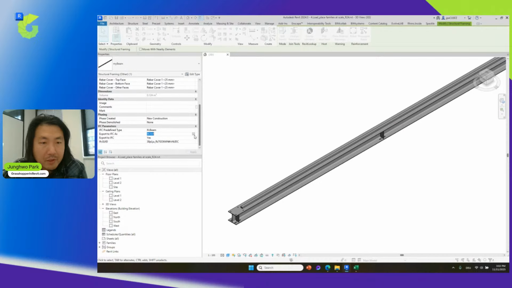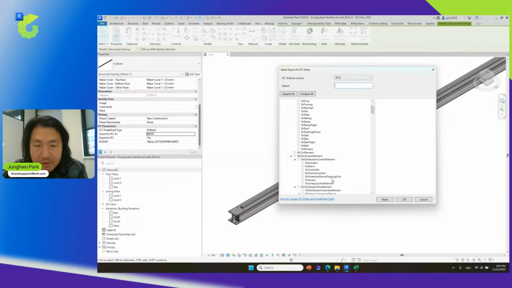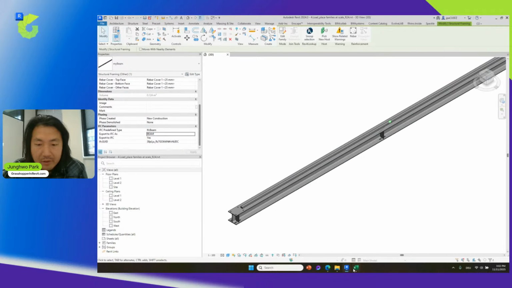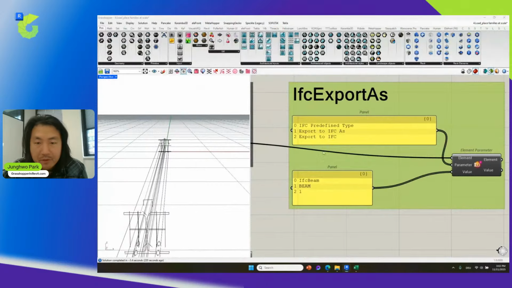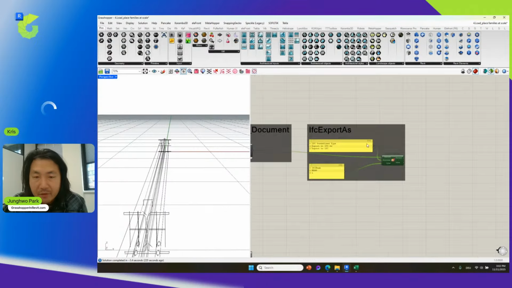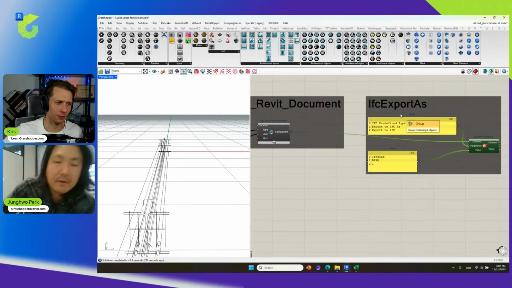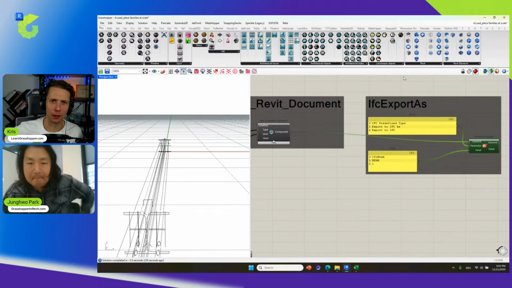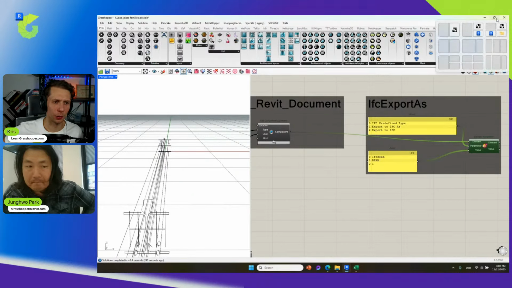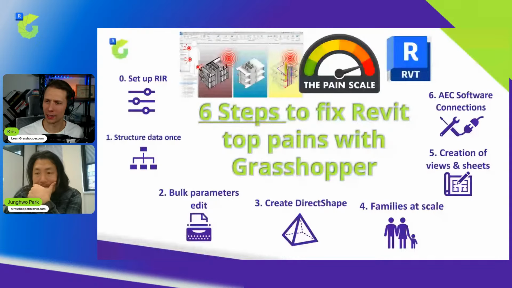So you don't have to manually go here in the table and choose things like that. You can just directly feed that information from Rhino Inside Revit. It's already a big step to automate. I can imagine it can help a lot and save a lot of time instead of creating families from scratch. Yep. All right, time flies, so we have to jump to the next example, and the last script